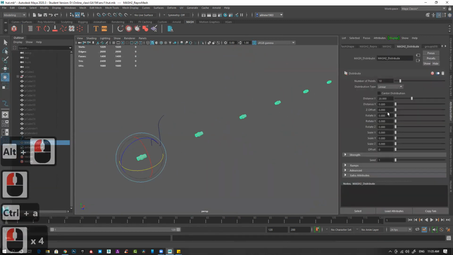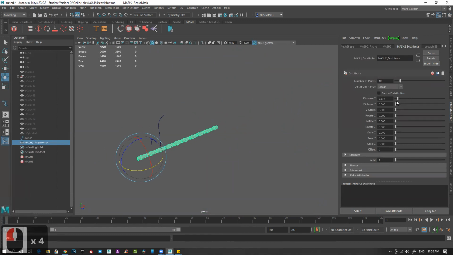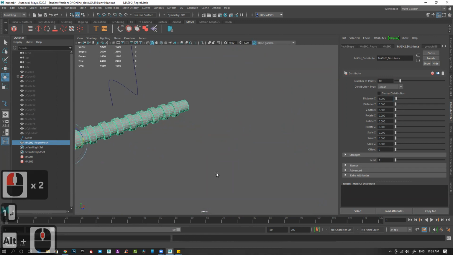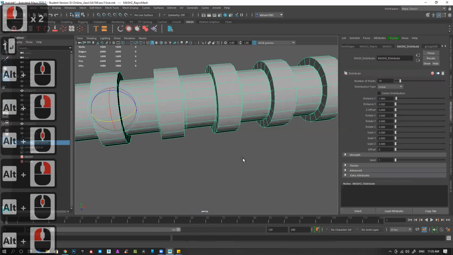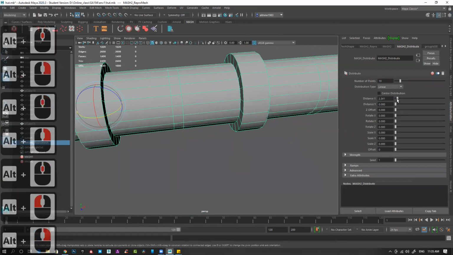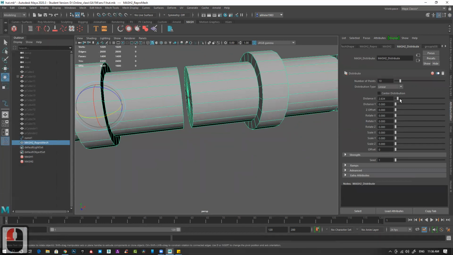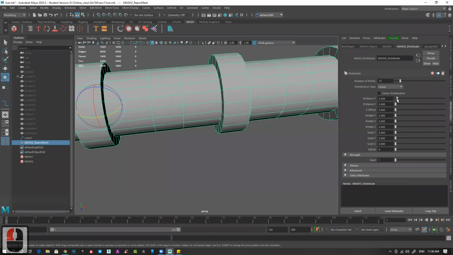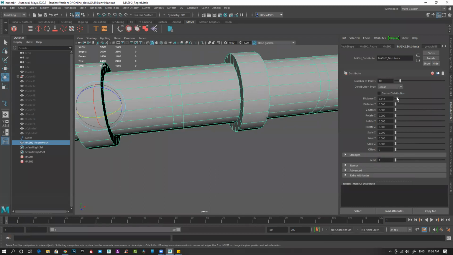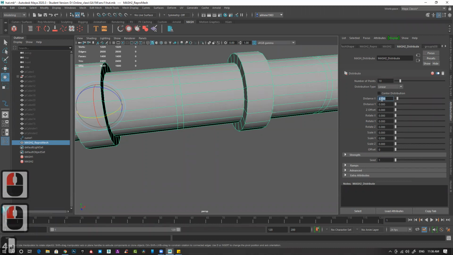Mash distribution, distance. I can make it like 1, or maybe you can fix it. I can delete all this and create a clean shape. Maybe 4, 5, 6, 4, 5.